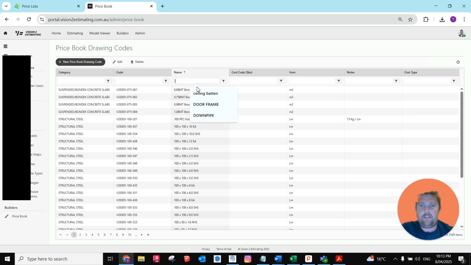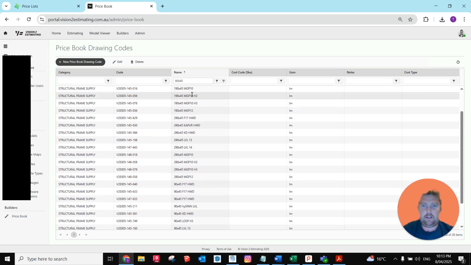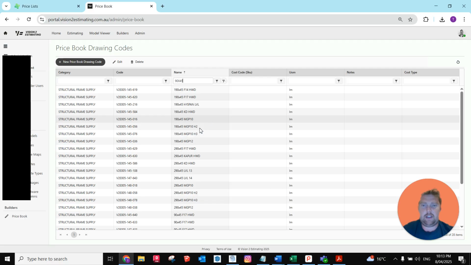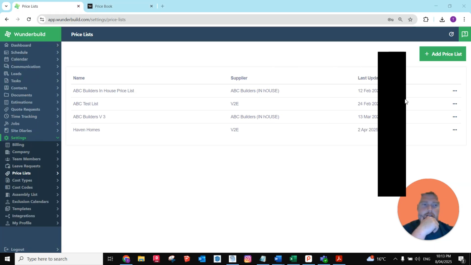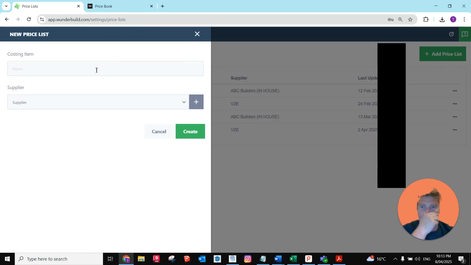For instance, if I search for something like 45, it's just structural frame supply, and it's all the different items in there, but they're all the same. The one SKU code for the 19045, and then different treatments, but there's not 3 different SKU codes for 19045 anymore. So what that means on a practical level with Wonderbuild is that if I go add price list